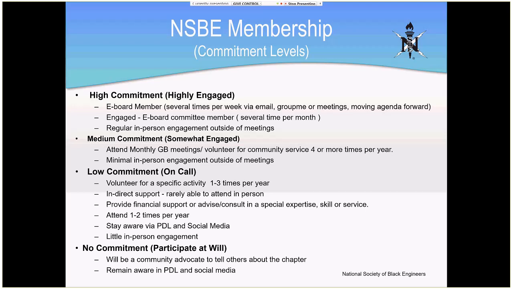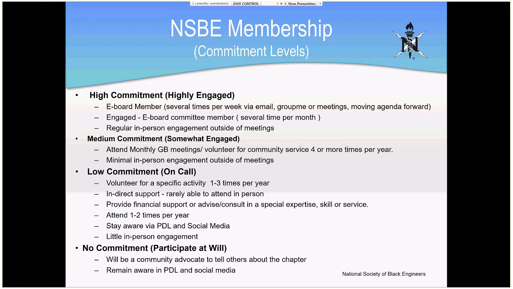For instance, you can be a high commitment and highly engaged member, somebody who is on the e-board or goes to all the in-person meetings and helps out a lot. Next would be the medium commitment, which is somewhat engaged. You may attend a monthly meeting and volunteer, but all in all, you're minimally engaged.